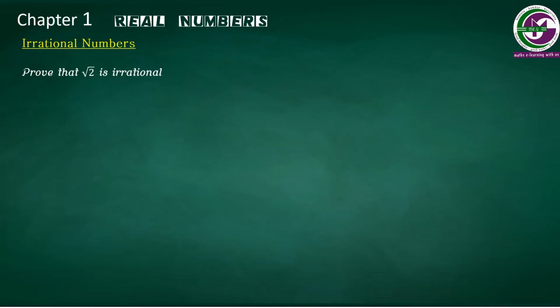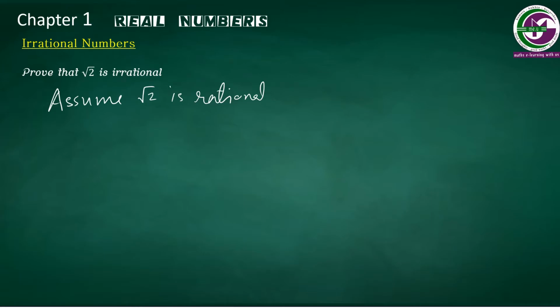So we'll start, and we already discussed the method of contradiction. In the method of contradiction, the statement is to prove that root 2 is irrational. We'll go in a wrong way. So we'll assume that it is not irrational. If it is not irrational, there is only one way remaining, that is rational. So we'll start by assuming root 2 is rational.